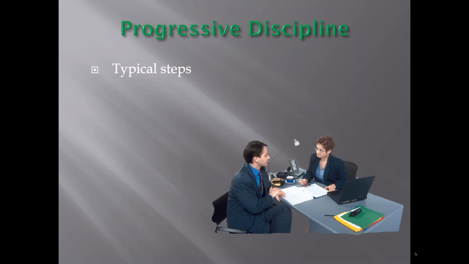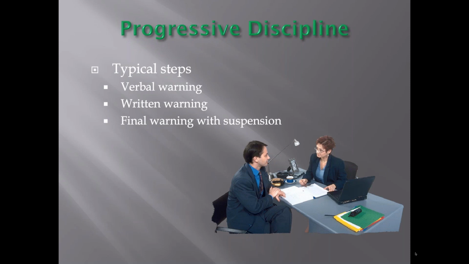So progressive discipline, and typical steps include a verbal warning, written warning, final warning with suspension, and termination. These do not need to be specifically followed in all four steps, but think of this as a general sense. We've talked about a series of steps that typically are employed as part of a progressive discipline process, and we talked about criteria for considering infractions within the workplace. We may have a couple different infractions and we chose not to terminate, based on that criteria we earlier talked about, but we nonetheless have